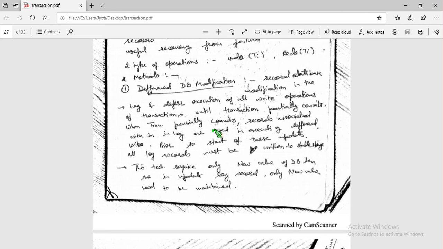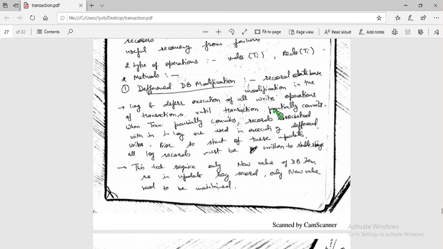It says that we record database modification in the log and defer execution of all write operations of the transaction until the transaction partially commits. If you remember the transaction state diagram, I told you the difference between the partially committed and the committed state. Deferred database modification follows that model.